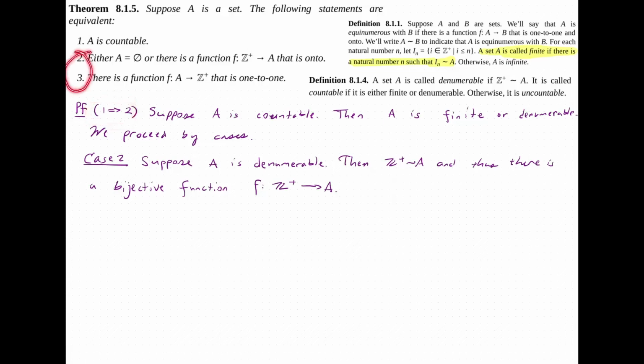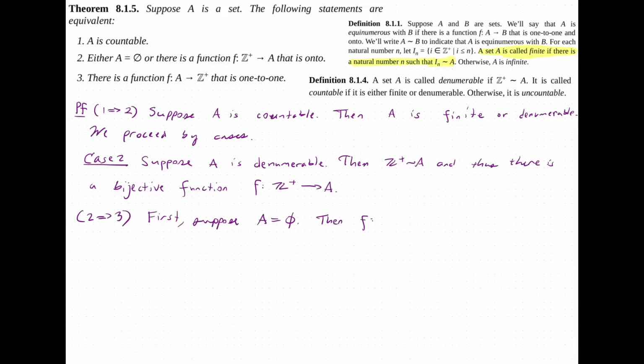Now we're going to do 2 implies 3. And so we have two assumptions here. We have A is empty, or there is an onto function from the positive integers onto A. So let's go ahead and do this. So first suppose A is empty, the empty set. Then